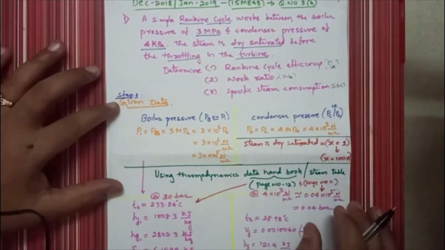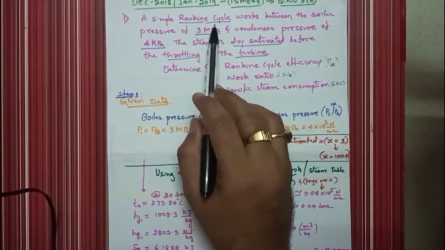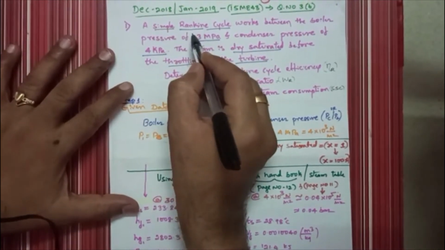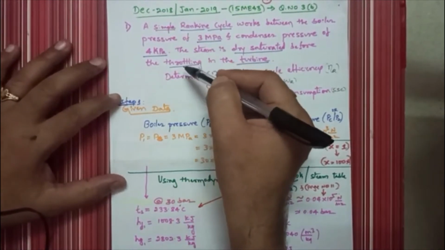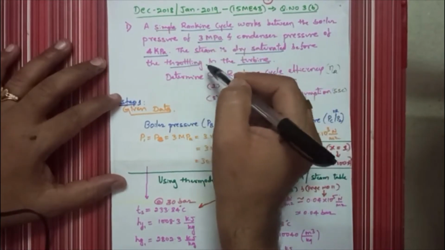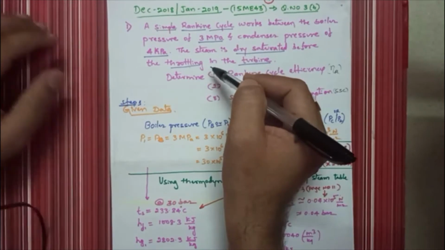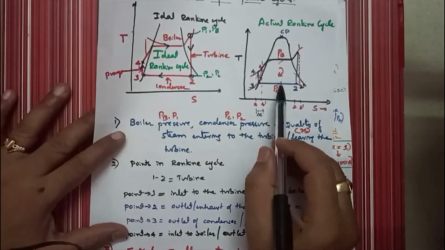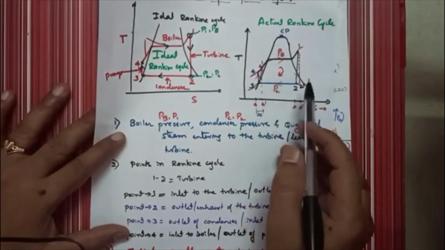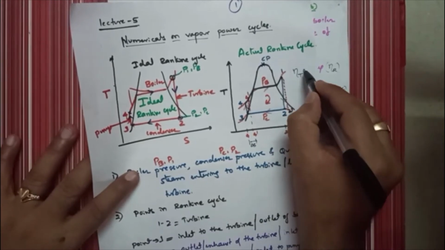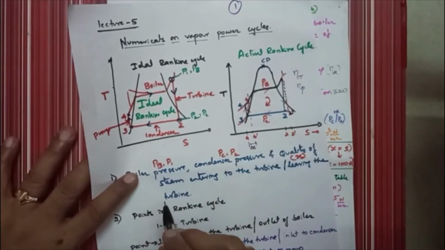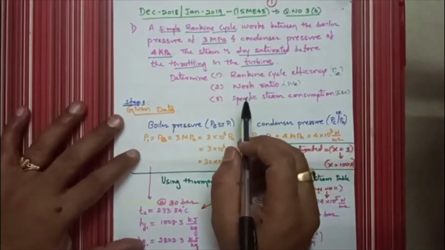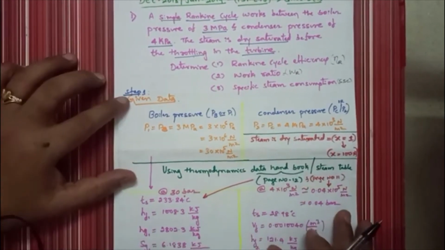Okay, so step number 1. And dear students, I have highlighted the major keywords. Simple Rankine cycle: I have highlighted simple Rankine because it is ideal. He has not given efficiency of the turbine or efficiency of the pump, so it is an ideal Rankine cycle. If efficiency of the turbine and efficiency of the pump are given, then it will become an actual cycle. In the actual cycle you will be given efficiency of the turbine as well as efficiency of the pump, because losses are also there, and here there are no losses. Has he given any losses in the problem? No losses. Okay, step number 1.